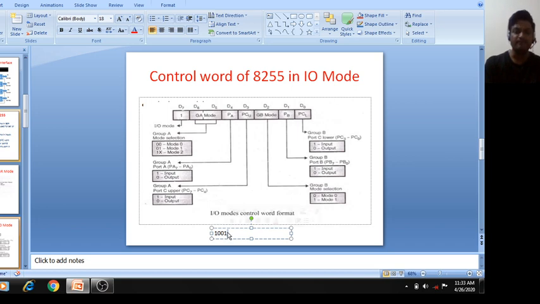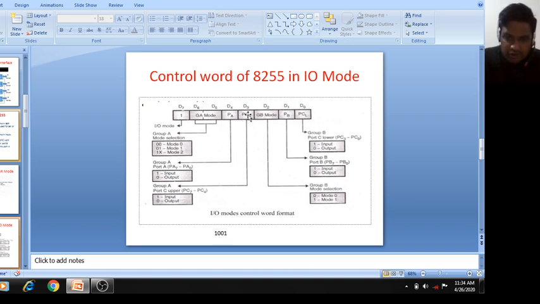Next, for port C upper, port C works as an output function, so its value will be 0.